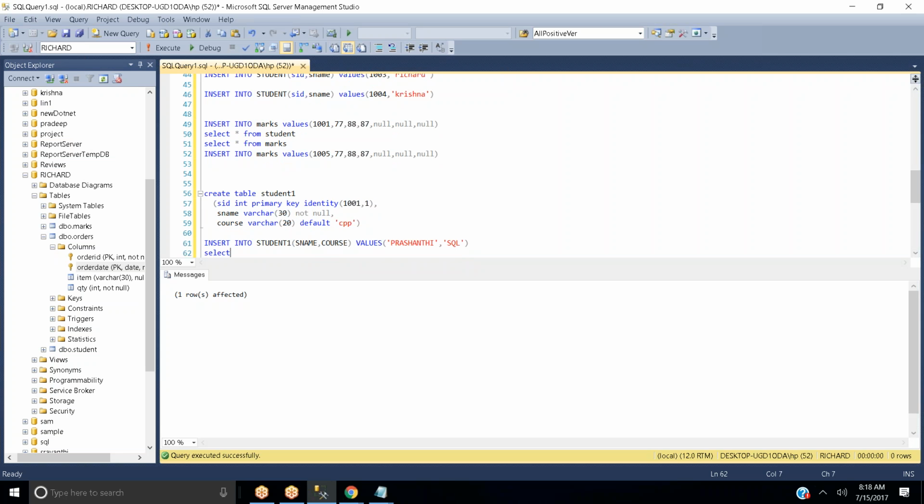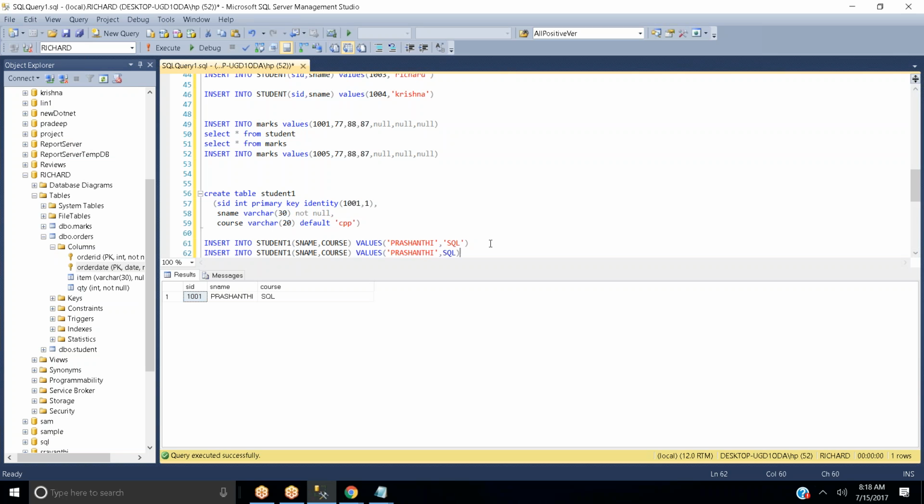Now try to see. Select star from Student1. With 1001 it has started. Why has it started with that? With the help of this identity function. Now we will try to insert the same record with another name, like Raghav, and then execute this.